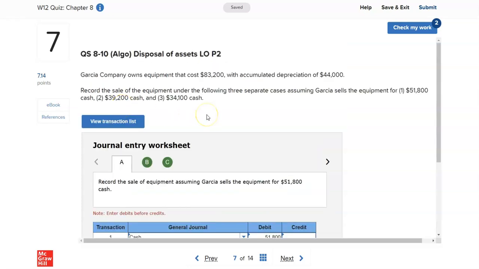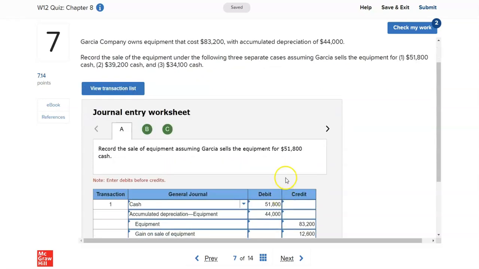Hello everybody, in this tutorial we will be completing exercise number 7. So here we have the instructions. It says Garcia Company owns equipment that cost $83,200 with accumulated depreciation of $44,000. So the first one states record the sale of equipment assuming Garcia sells the equipment for